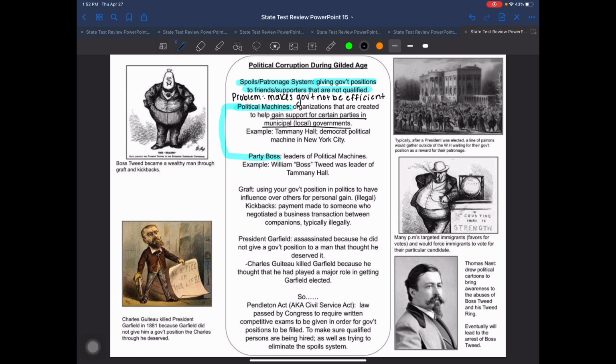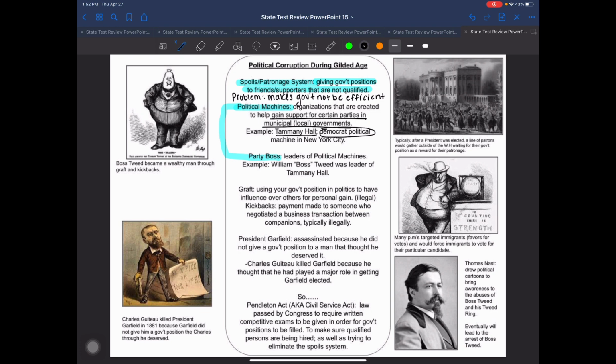A political machine out of New York City, the most infamous is Tammany Hall. And so Tammany Hall, this is going to be a group of men who in New York City, their number one objective was to get certain Democrat politicians elected. And that's all a political machine does, is the men try to find ways to win votes to keep certain political parties in office. So this political party, the Democrats, Tammany Hall is trying to keep Democrats elected in New York City.